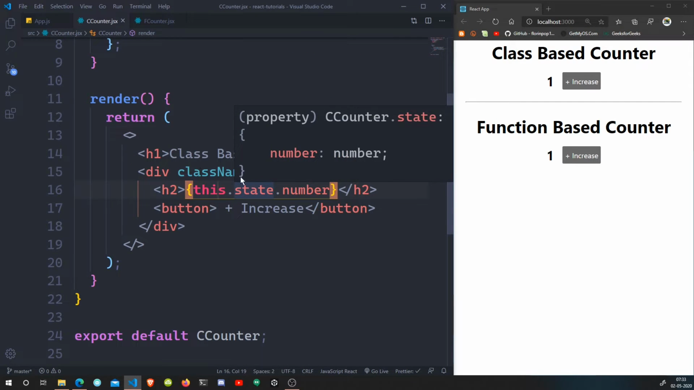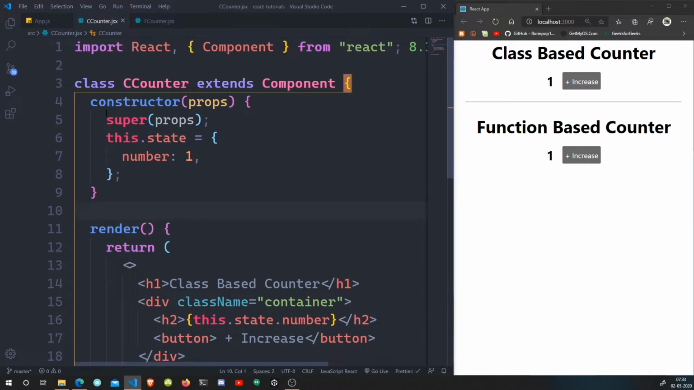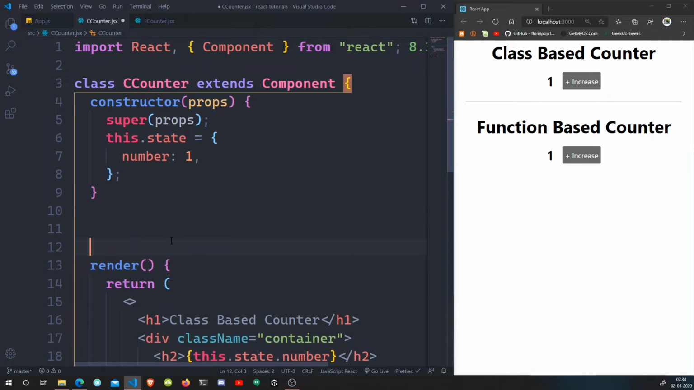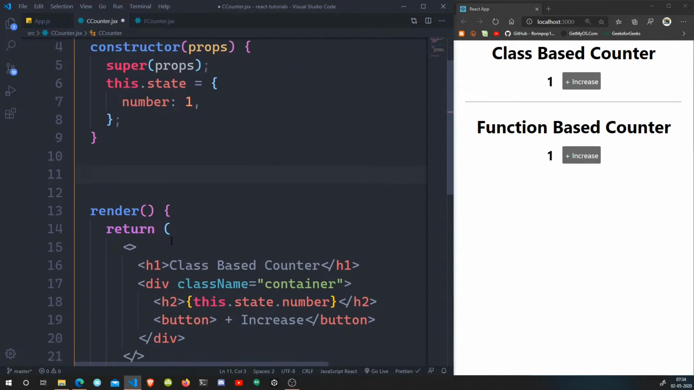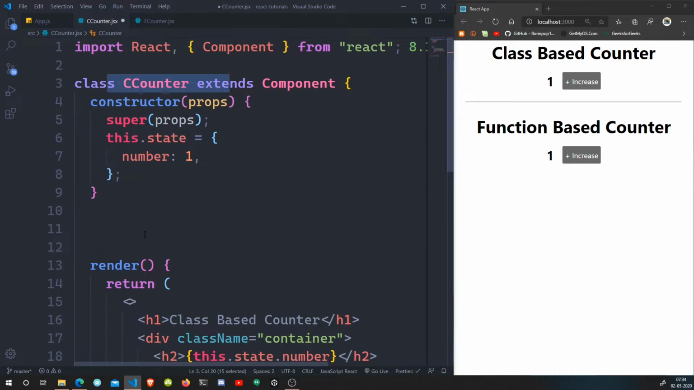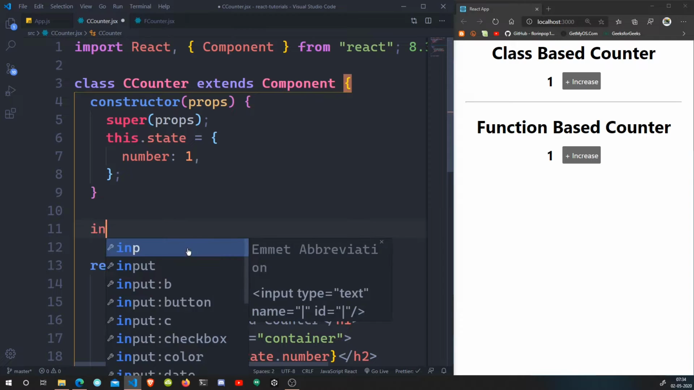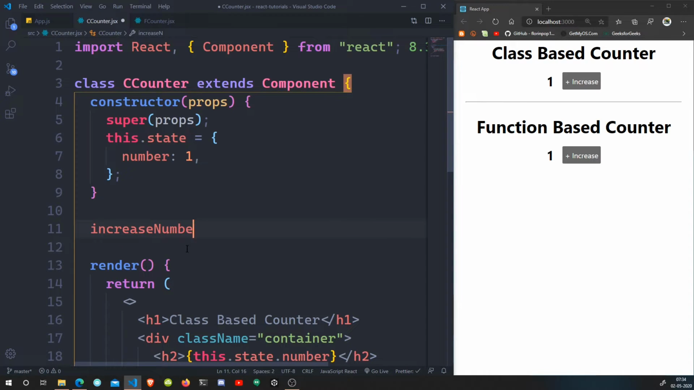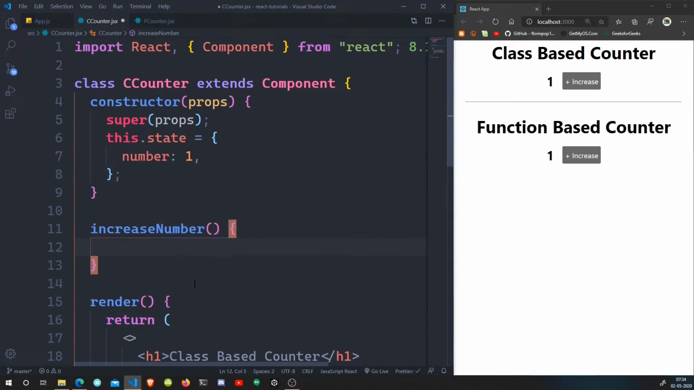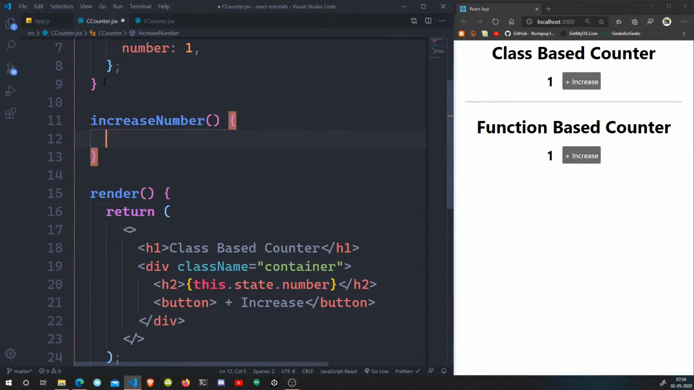Let's go to Counter. To create a function right here, what you need to do is get out of the render and constructor and just create a method here. You can say method because you are creating it inside of your class. So I can say increaseNumber. What are we doing here? We are just creating a method. We are not using the function keyword because it's a class, and you don't have the function keyword inside of it. So increaseNumber, I can say console.log